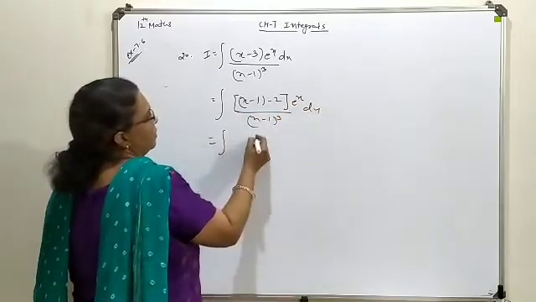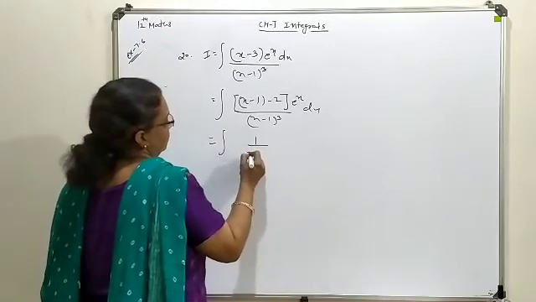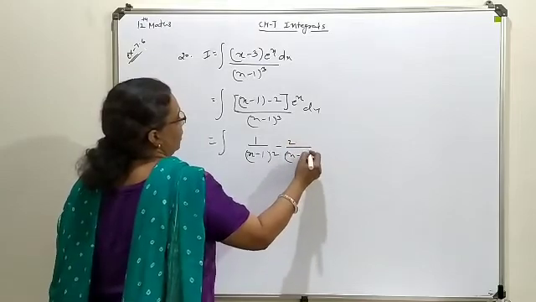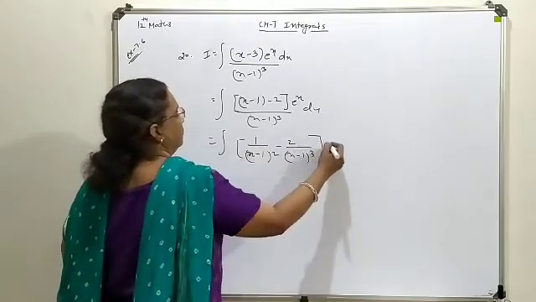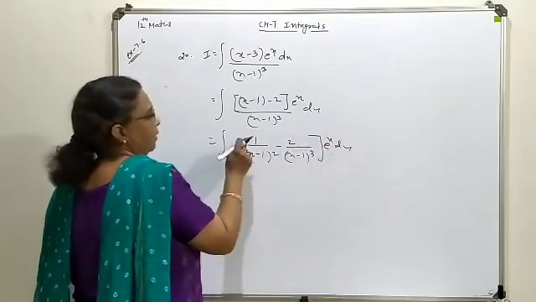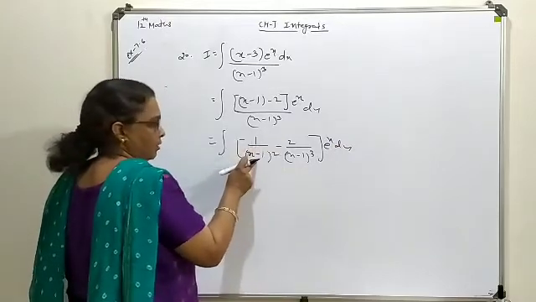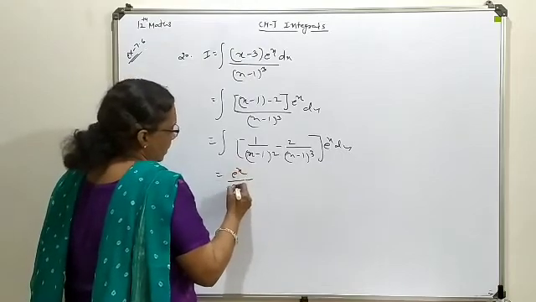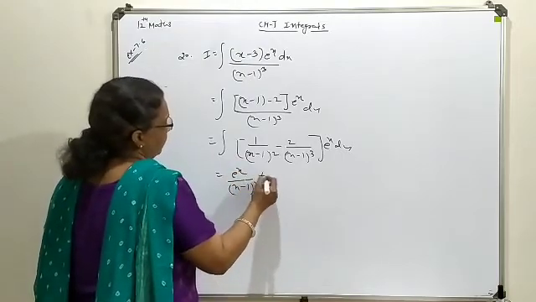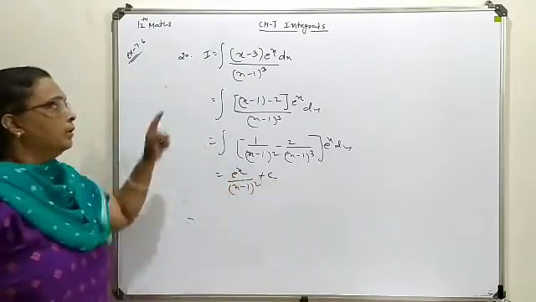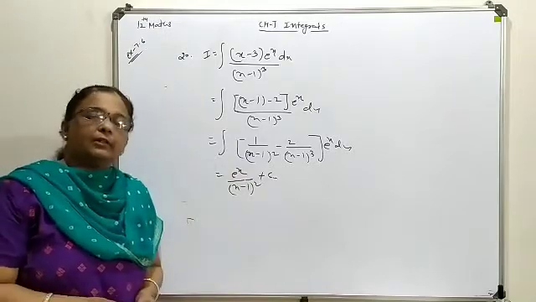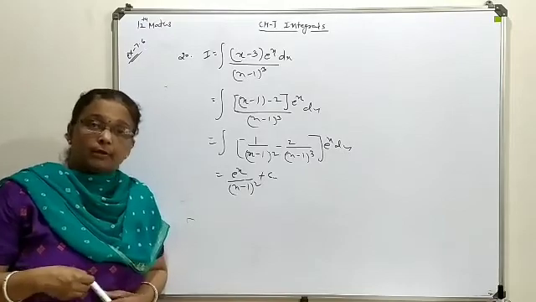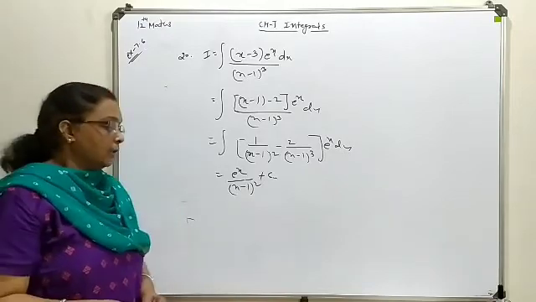Make them separate. So this will give you this much. You can see this term is a differentiation of this one. So directly the answer form you will write as e power x upon x minus 1 whole square plus c. So this way directly from the question form it will click to you which form is a derivation of the main function. So try to attempt some more questions given in the exercise.